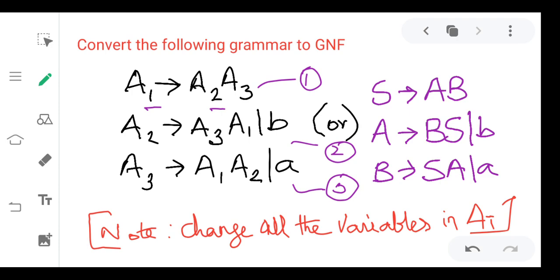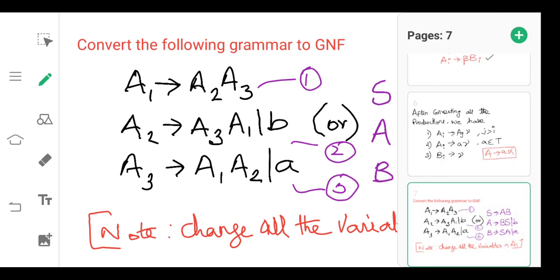Regarding the first equation, here j value is 2, which is greater than 1, so we can leave that. And we have to check the second equation. Here also j value is greater than i, so we can leave that. Check the third equation. Here j is less than i. Here j is 1 and i is 3. So we have to convert this into that form where j has to be greater than or equal to i. So for that, we have to substitute